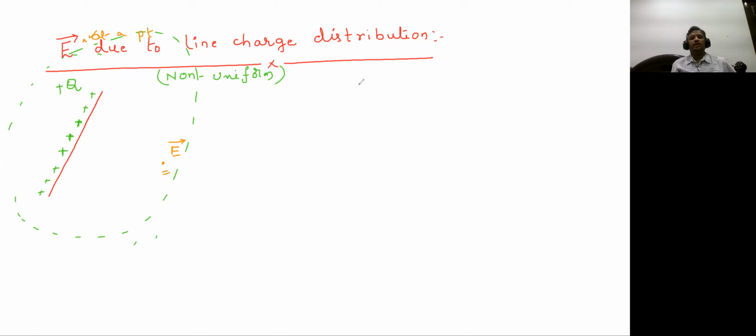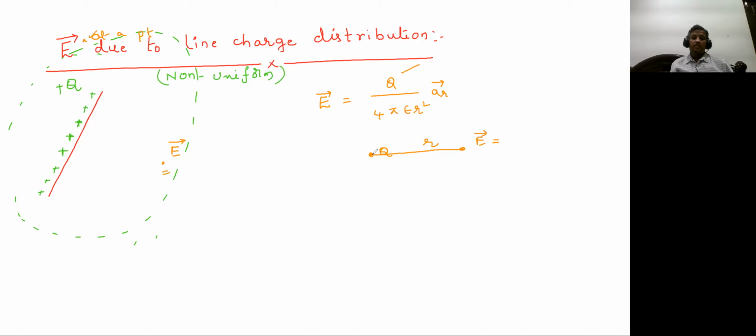How do we get it then? We have to get it by using E due to a point charge only. What is E due to a point charge? Which is Q by 4 pi epsilon R square, times the unit vector AR. That means if you have a charge Q here, and at this point you want the electric field intensity, if you know this distance, then we can get the electric field intensity, which is this much.